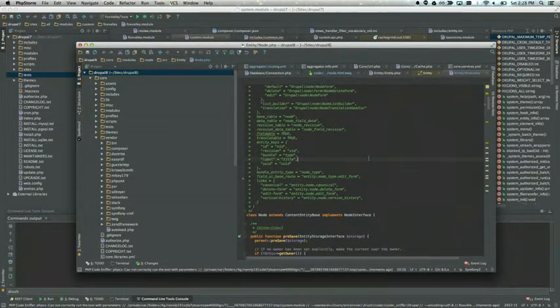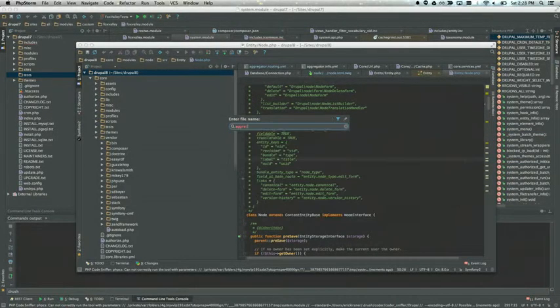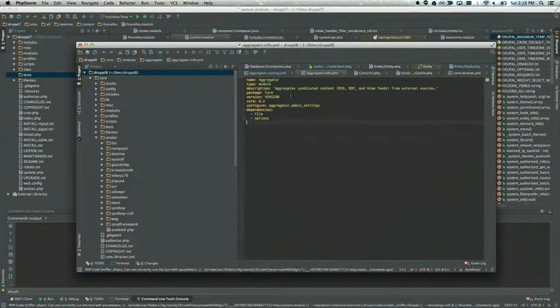All right, so let me find, go to the info file, go to the top here.